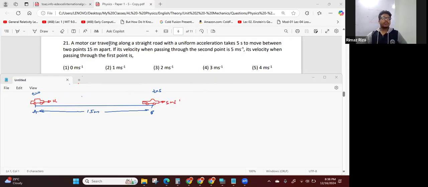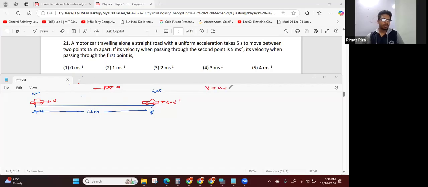Okay. So a motor car traveling along a straight road with uniform acceleration. So acceleration is constant a. Takes 5 seconds to move between 2 points 15 meters apart. So I take those 2 points as A and B, 15 meters apart. If its velocity when passing through the second point is 5 meters per second, its velocity when passing through the first point is. So here we know the time and velocity, and first we can use v